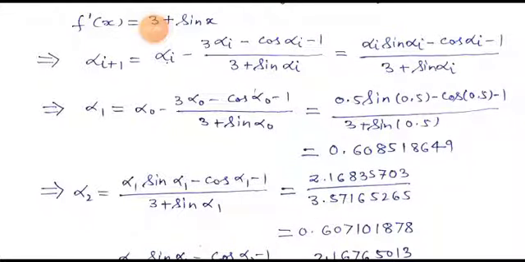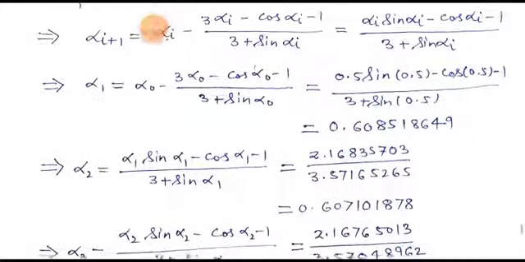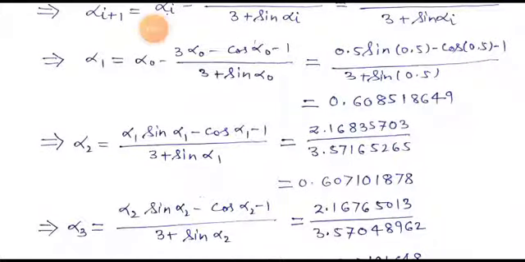Alpha 2, again by the Newton-Raphson formula, alpha 2 is equal to alpha 1 sin alpha 1 plus cos alpha 1 minus 1 upon 3 plus sin alpha 1. After putting all values and calculating, we got alpha 2 is equal to 0.6071011878. इसी प्रोसीजर को हम तब तक लगातार करते रहेंगे जब तक कि हमारे जो रूट्स हैं,